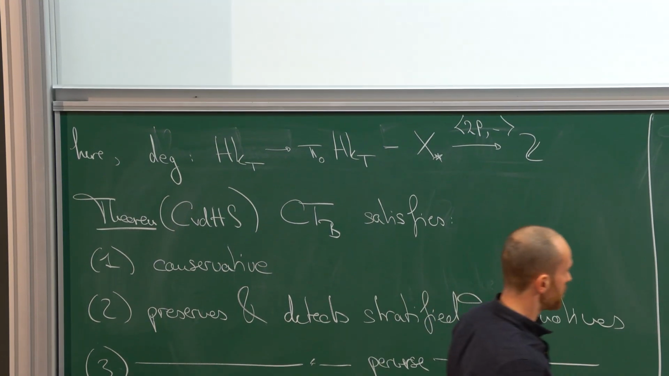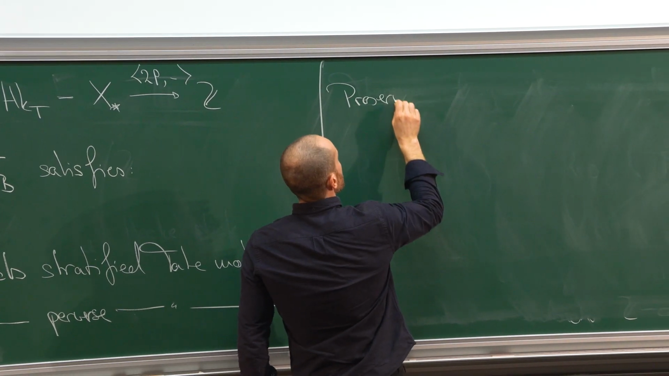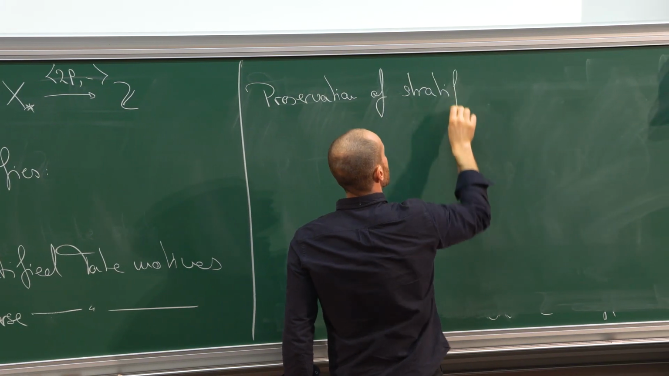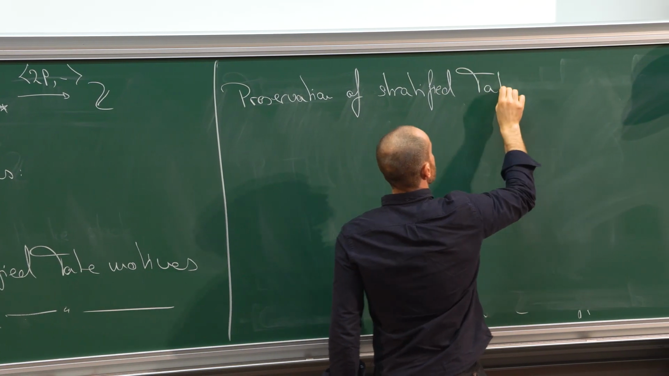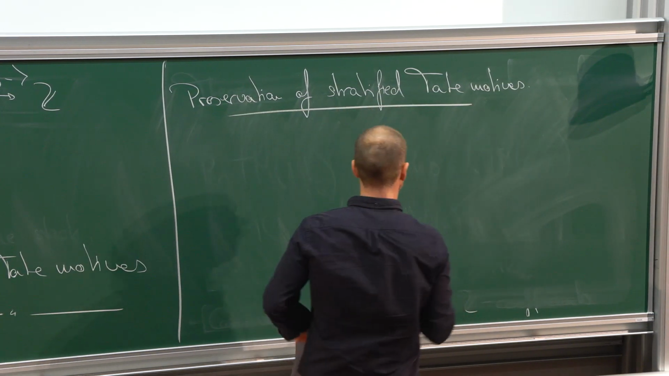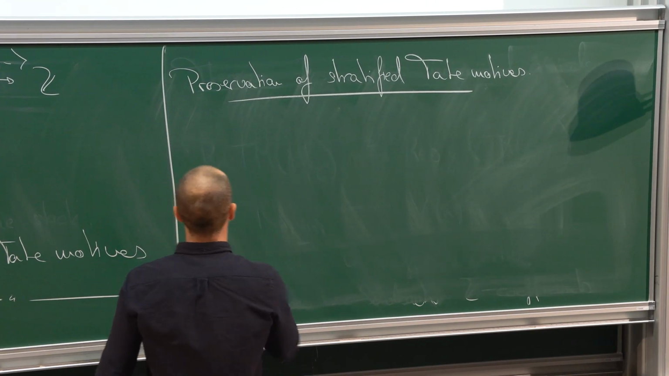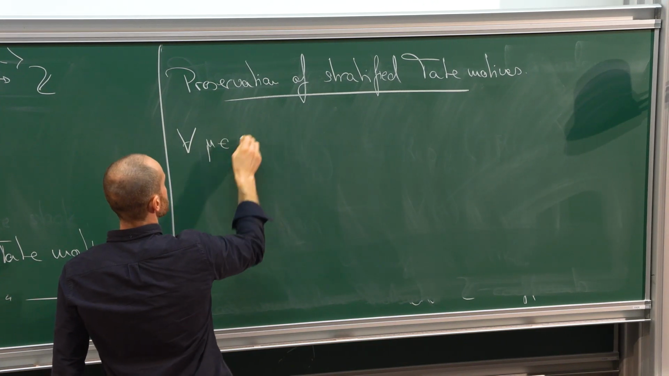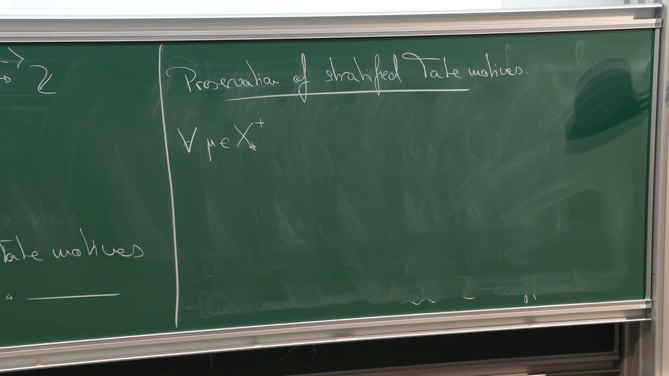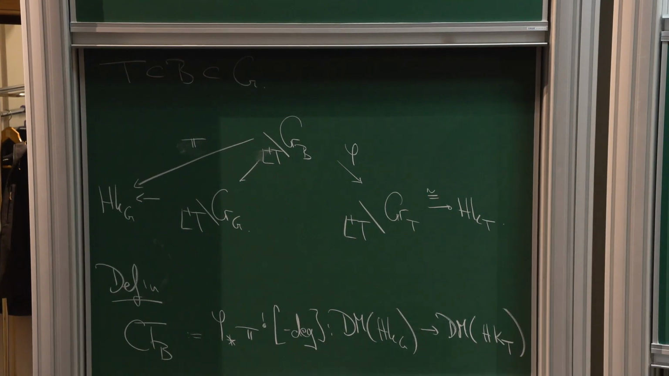And let me comment on this. So that's the preservation of stratified Tate motifs. And there's a geometric reason for this. Namely, if you think about what part of the geometry here in this correspondence plays a role,